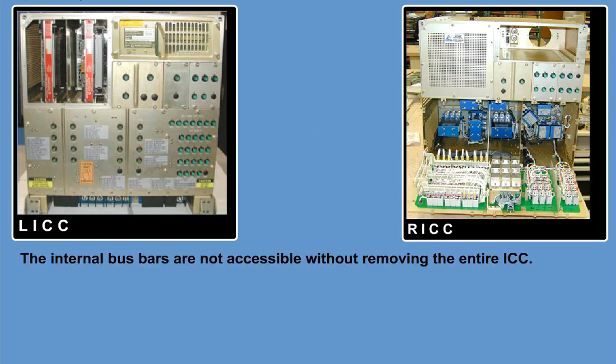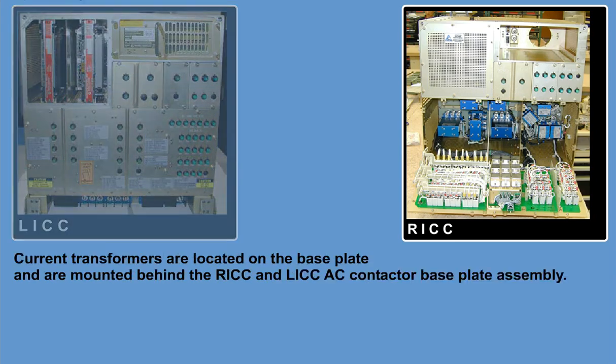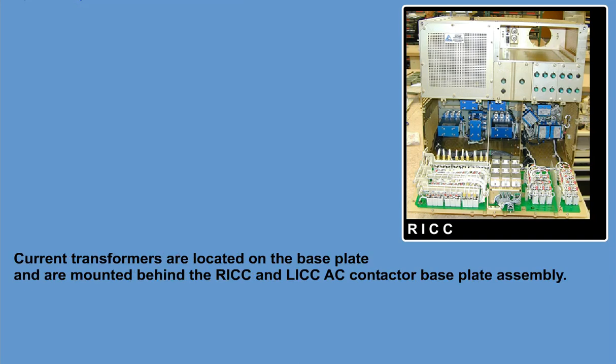The internal bus bars are not accessible without removing the entire integrated control center. The contactor baseplate assembly, terminals, and wire connections are not accessible. Current transformers are located on the baseplate and are mounted behind the right ICC and left ICC AC contactor baseplate